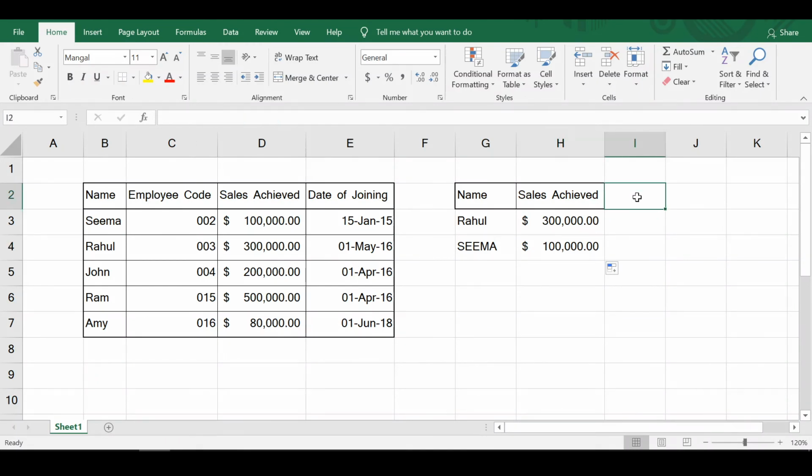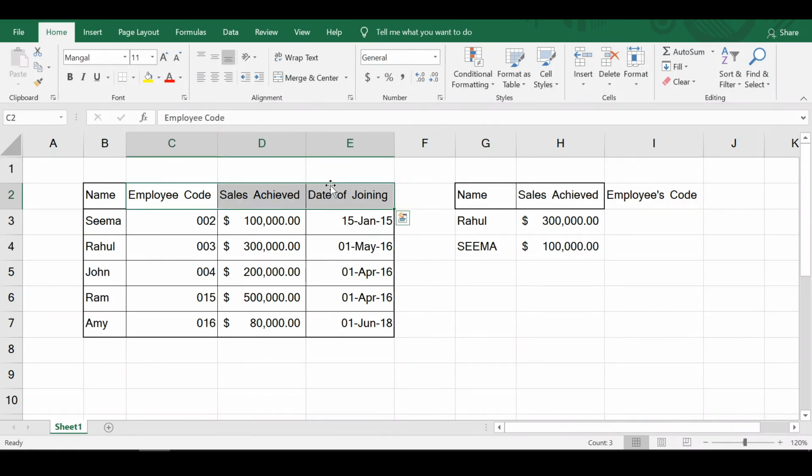Now you must not think that only one column can be extracted over here. We can always add more columns as per our requirement. For example, if I also want to extract the data of employee code, so I'm just writing employees code. You may notice that I have added an apostrophe s over here, whereas there is no s over here. I've added it deliberately to make you understand that the headings are not at all relevant for the VLOOKUP function. Only the name is actually relevant for the VLOOKUP function.